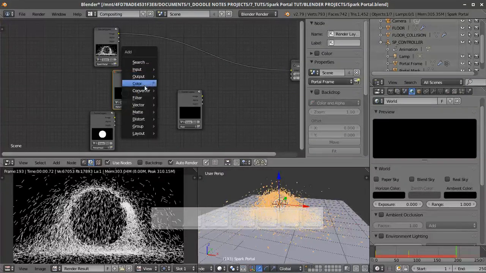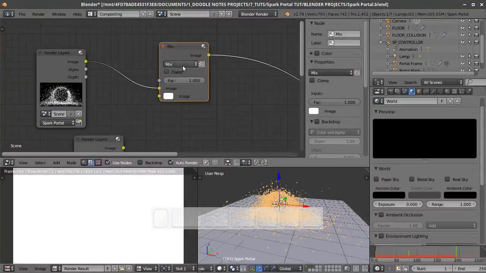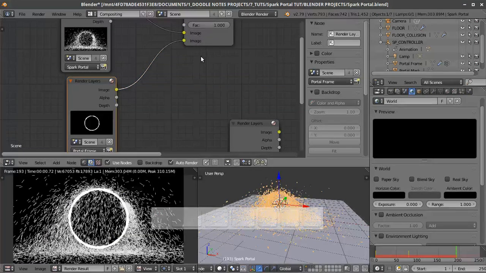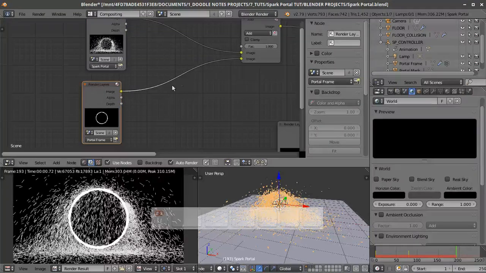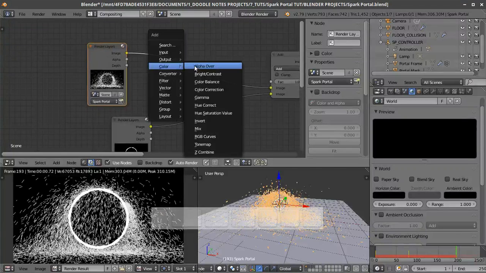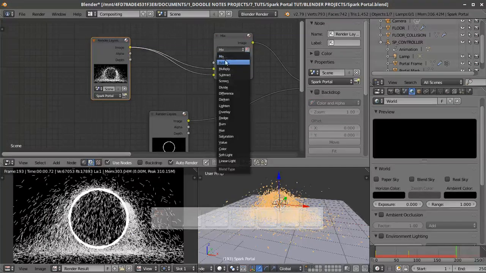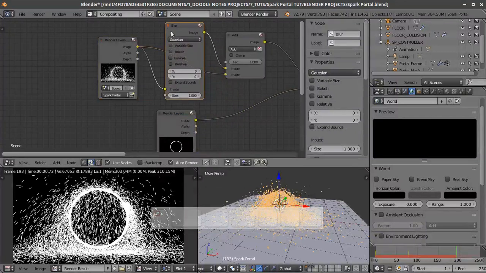Input, color, mix, add, and I'm gonna add the Spark Portal and the portal frame here. So you have to kind of add a bit of a... Actually, never mind that. Cancel that thought. And to give the portal a glow, I'm just gonna do this. That needs to be add, and then I'm gonna put a blur node on the one at the top,